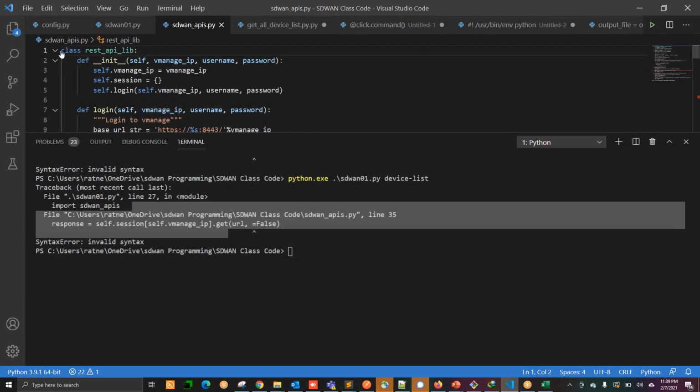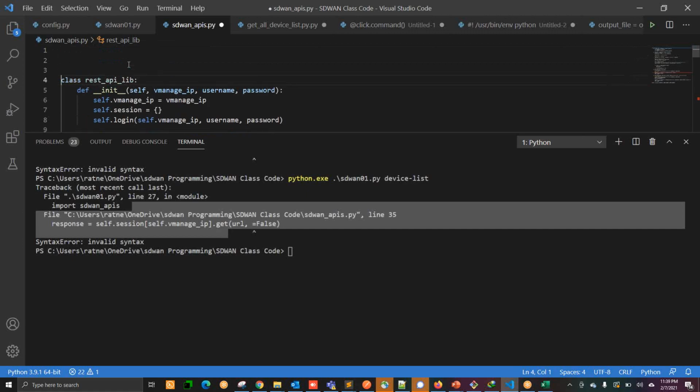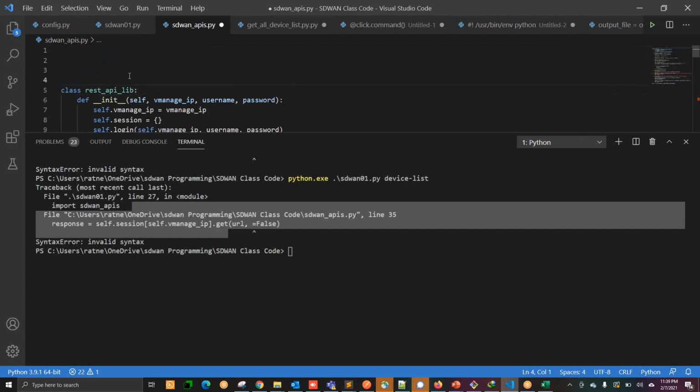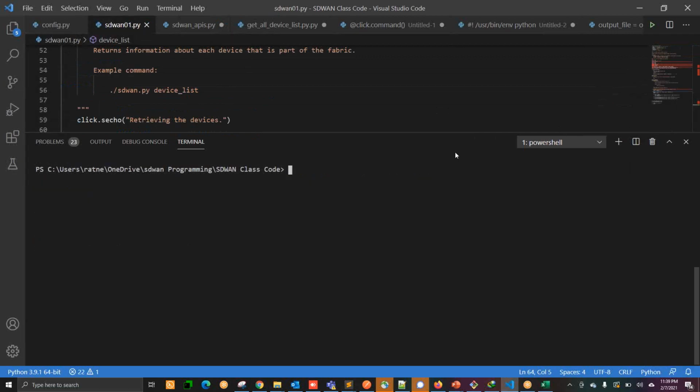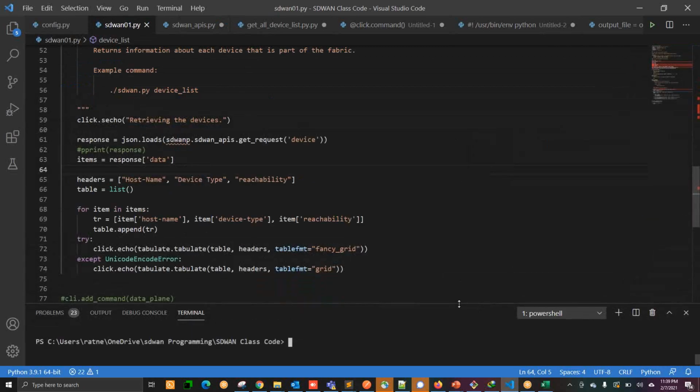We'll do the standardization later. First of all, let's work on the basic scripts, and then we'll add more and more complexity to all this. So far the concept was to understand how we are initiating the session, how we are doing the login to the device, and then we can run one of the get functions.